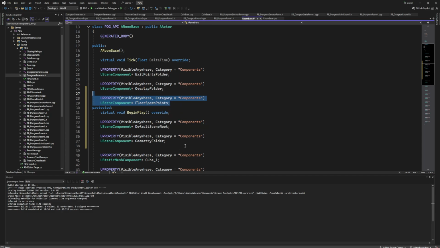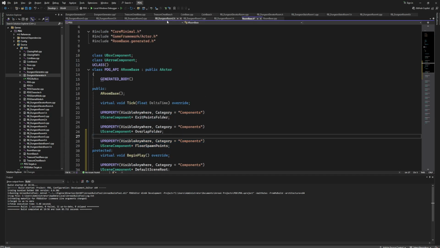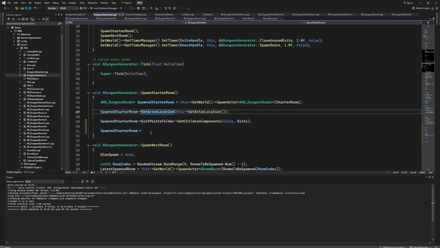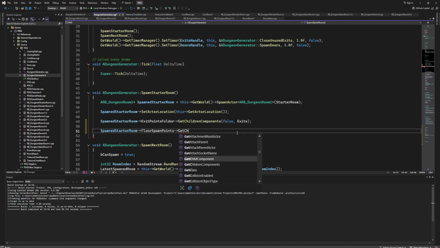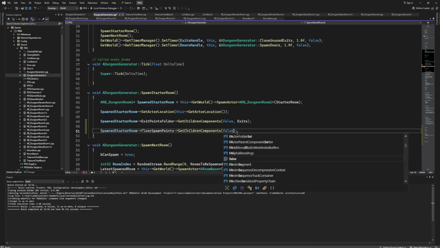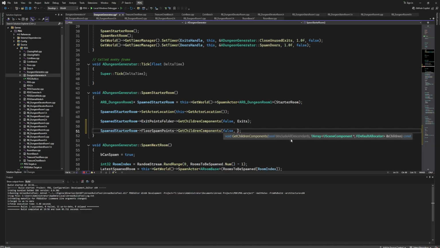So we need to put it below the public, and let's go to our DungeonGenerator.cpp, and now let's search for our floor spawn points, and yeah, there it is. So now from that floor spawn points, we need to get a function that is called GetChildrenComponents. The first thing we need to type is false, because we do not want any descendants, because that is a